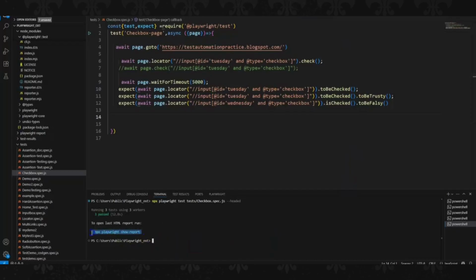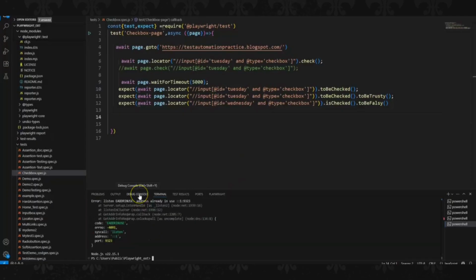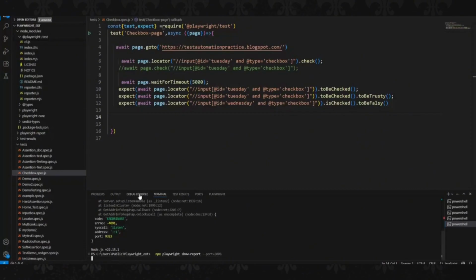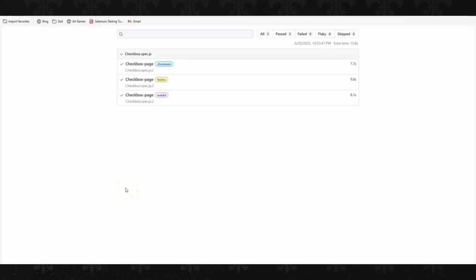Okay, let me open the first report and then I will explain. Control V and just space hyphen port is equal to, change the port number, suppose 3006. So I'm just providing a different port number,